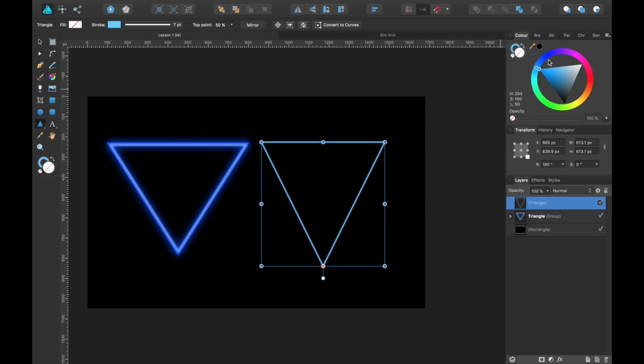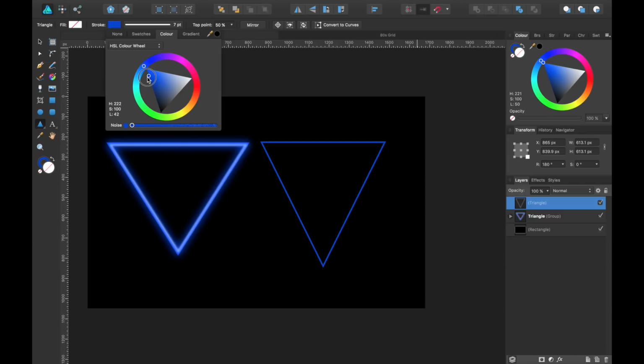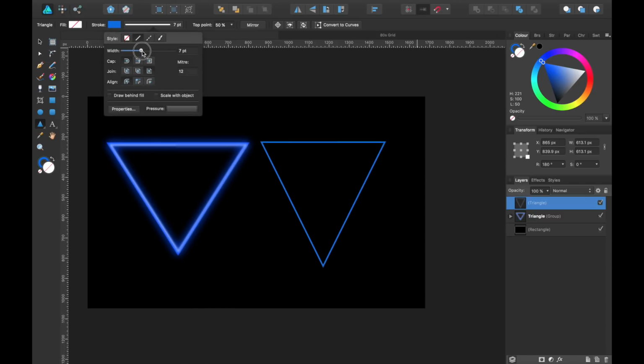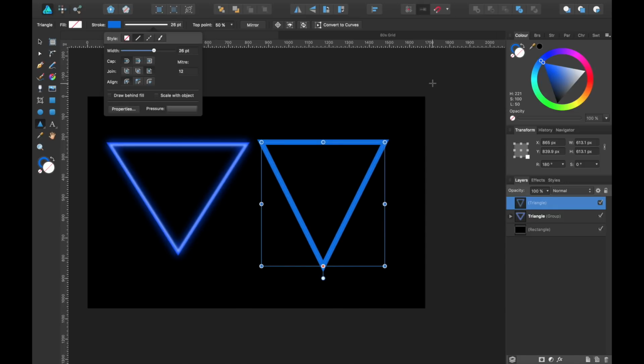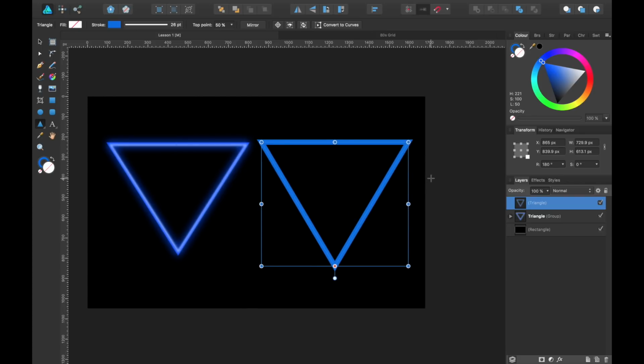Click. Let's make it slightly darker blue. There we go. And let's make it a little bit fatter. There we go. Let's drag it out a little bit so it looks more even.